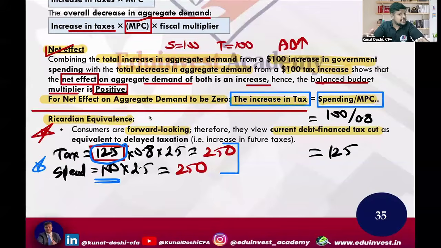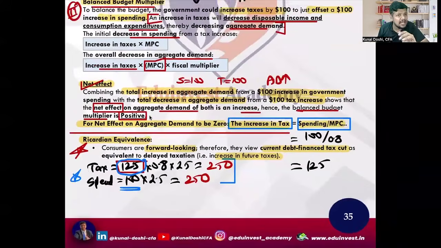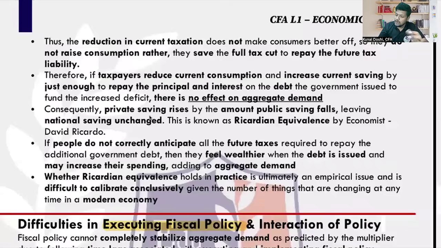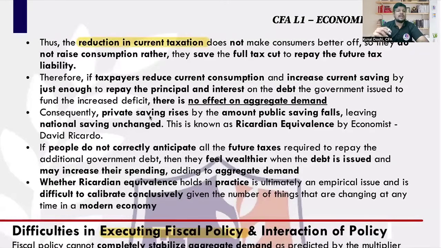In the future, what will they do? Well, they are actually cutting the taxes right now so that in the future they will probably charge higher taxes. So people do not take the tax cut by the government as a positive sign and start spending more. They don't spend more. The government actually wants that: I'm reducing the tax, I want you to spend more on consumption, and the economy will grow.